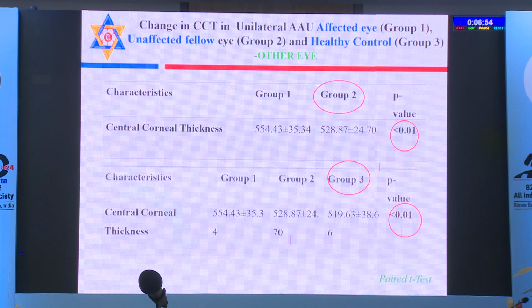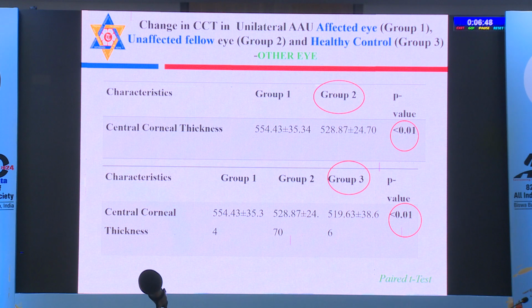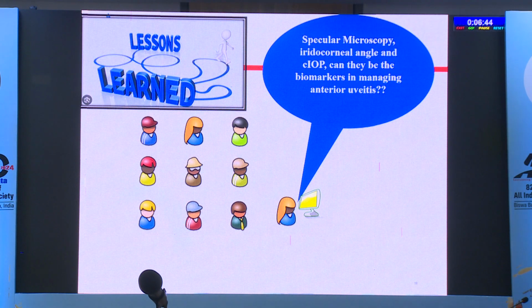When we compare the central corneal thickness with the unaffected eye and the healthy control, we also found a similar value. It was statistically different compared to the other eye or compared to the healthy eye of the healthy person. Hence, the lesson we learned was that specular microscopy, the iridocorneal angle, and the corrected intraocular pressure